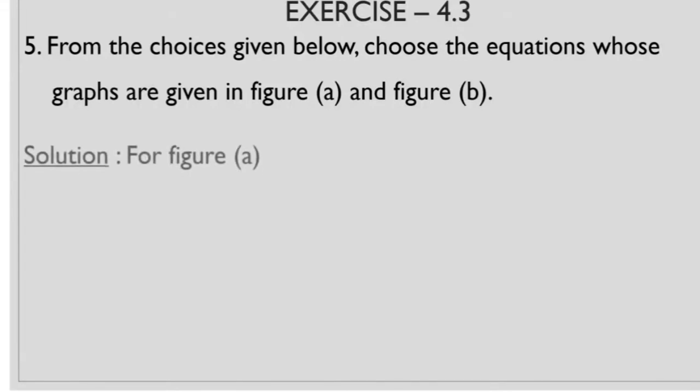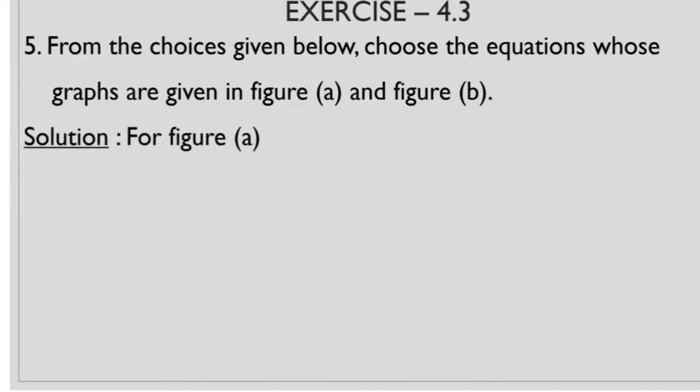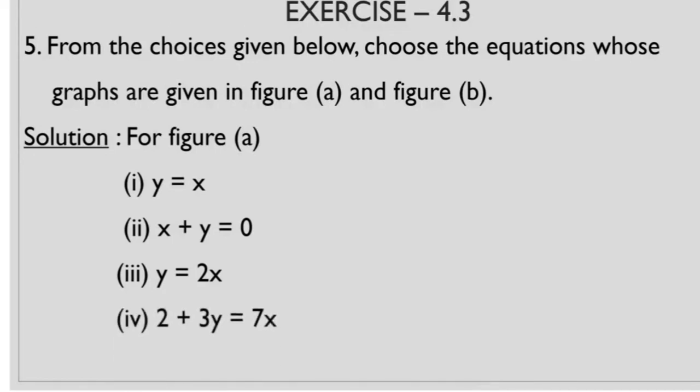So for the solution of figure A, the four options of equation given are 1. y equal to x, second x plus y equal to 0, third y equal to 2x, and fourth